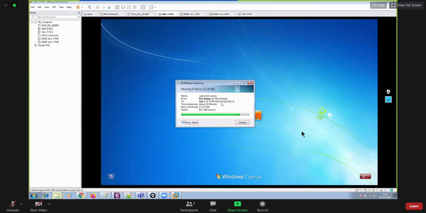I'm just trying to manage my storage because the storage is not so much, but I have a lot of data.